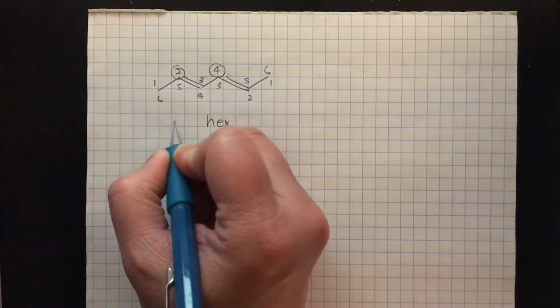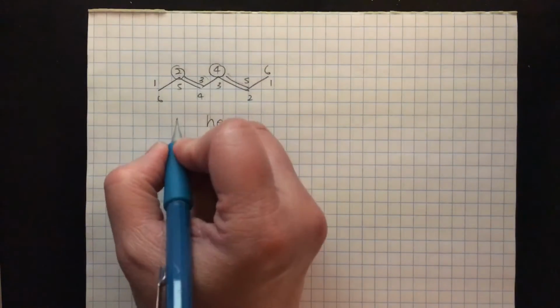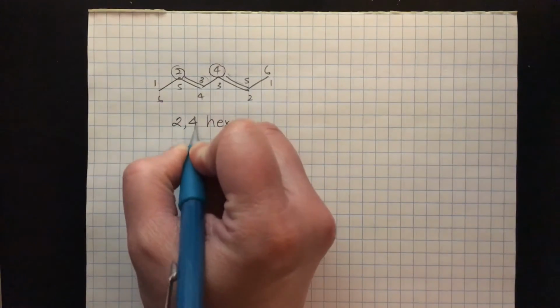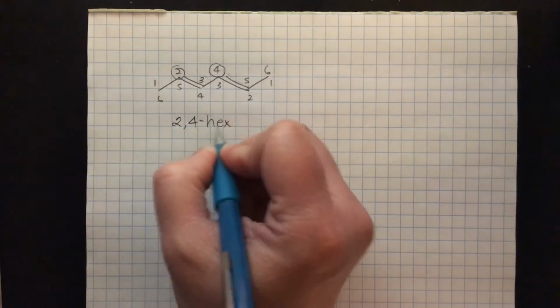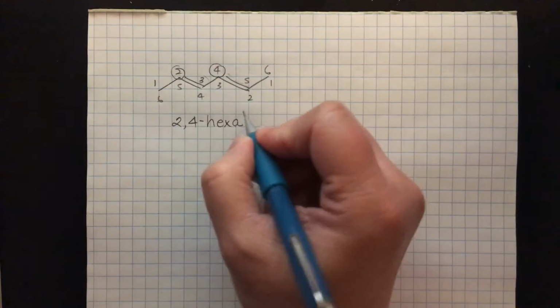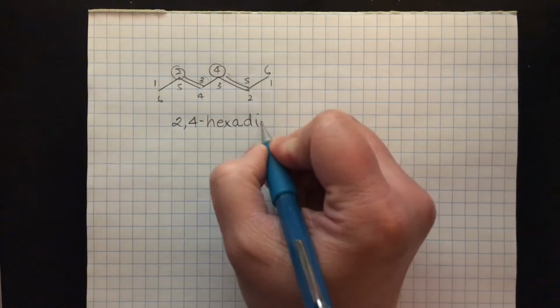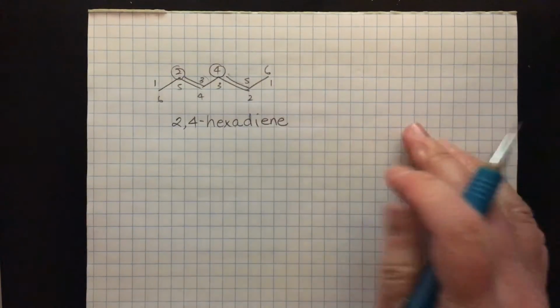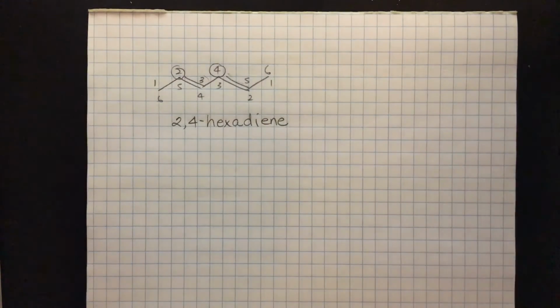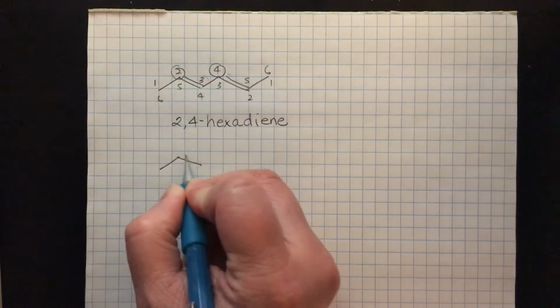So what I will be writing in front is the identity of where those double bonds start. So it's going to be 2, 4. And so I'm going to have my hex, but it's going to be hexa. And then I'm going to be writing di for 2 and then ene. So this is a 2, 4 hexadiene. So if I was to give you another example over here,